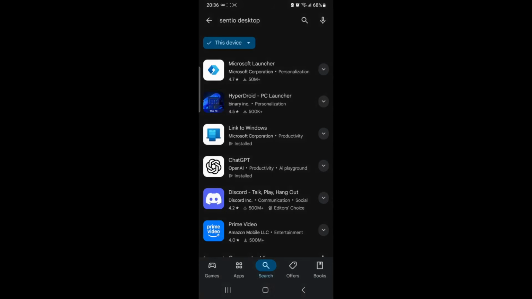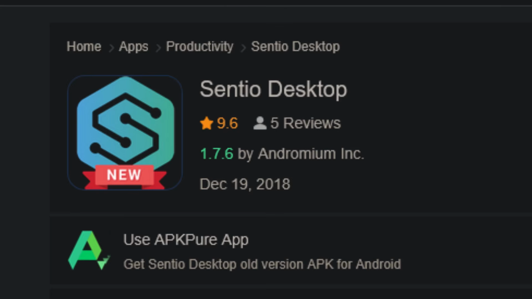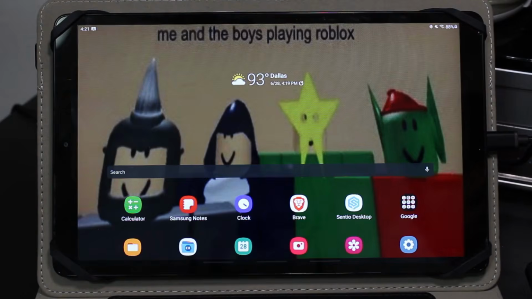Nice. Now you don't need the Superbook, you can just use the app by itself, and it will transform itself without needing anything else. Unfortunately, I could not find Sentio Desktop on the Play Store anymore, but there are APKs of it online. The last APK was from 2018 and nothing since. How sad. When you first start the app,